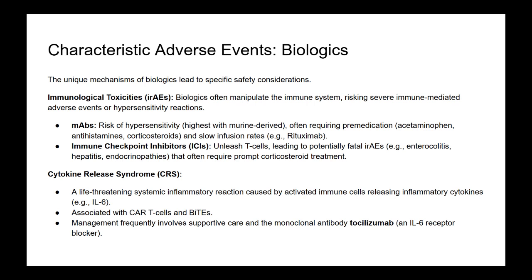And this flood of cytokines causes the systemic problems. It does. This cytokine storm leads to widespread activation of endothelial cells and other immune cells, causing symptoms ranging from fever and fatigue to severe, life-threatening complications like low blood pressure, difficulty breathing due to capillary leak in the lungs, organ dysfunction, and neurological toxicity, sometimes called ICANS, immune effector cell-associated neurotoxicity syndrome. Because this activation is so powerful and rapid, the systemic response can be fatal if not managed appropriately.